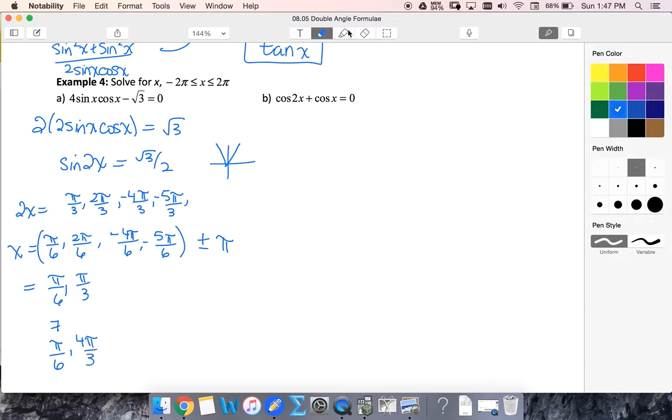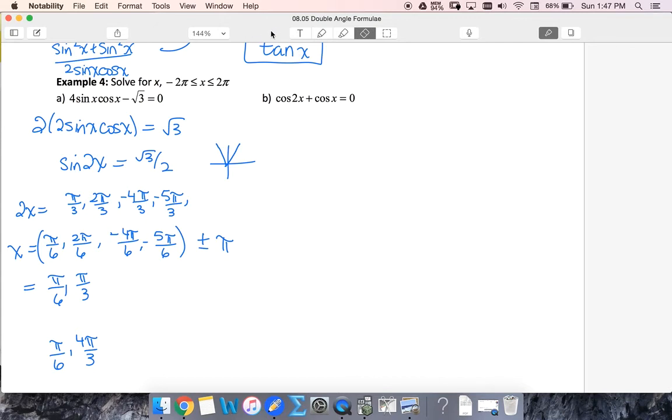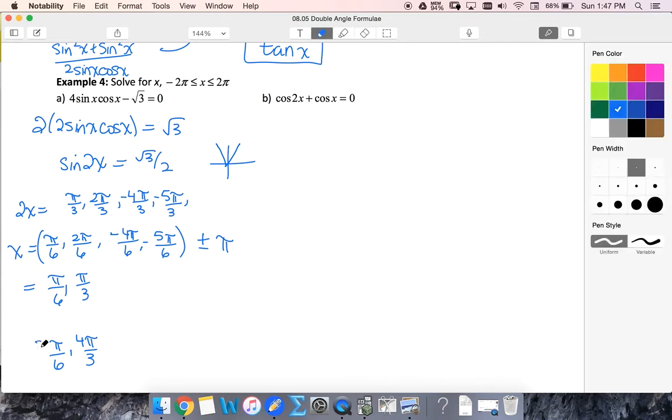What happened to my 7 pi over 6? This one, negative 2 pi over 3. When we add pi, we'll get negative 5 pi over 3. Negative 5 pi over 6, add pi, and we'll get pi over 6, which is a repeat,